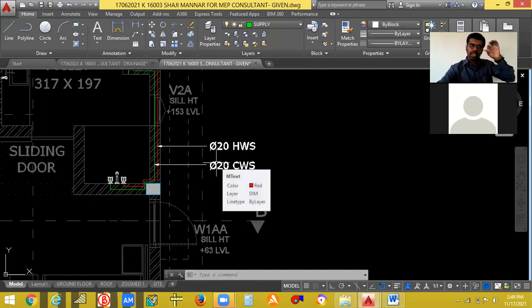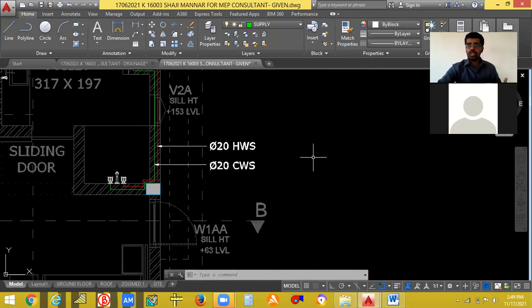Okay, 15 is very small, so we just try to give 20 itself. The contractor also won't be in a situation to give 15 and all. So they will be suggesting, could you please give 20 itself. So 20 is also not an issue. Okay, minimum we used to give 20 mm pipe.